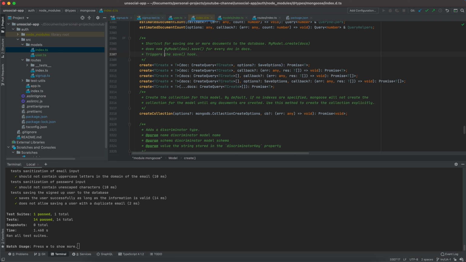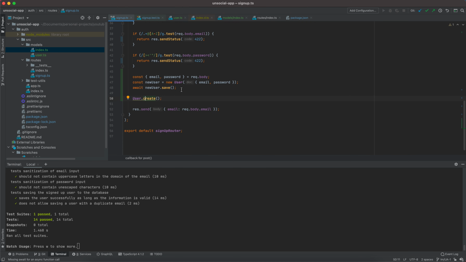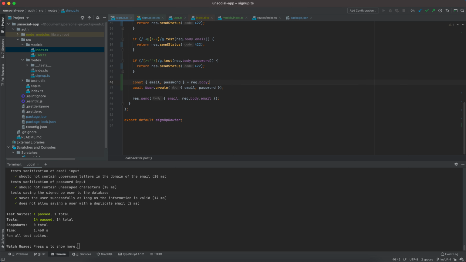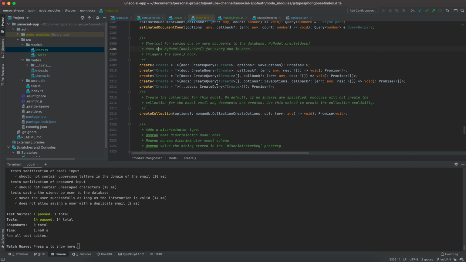Look, yeah, that's nice. The documentation is nice. So, a shortcut for saving one or more documents to the database. Here I don't really need to do this whole thing, right? Maybe if you already know Mongoose, you were shouting at me. So I can just do an await user.create, and if I want to access the document afterwards, that's not a problem. It will return this